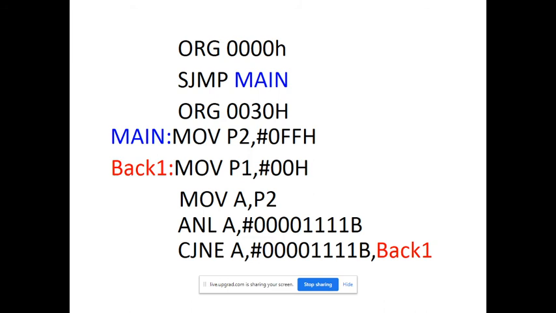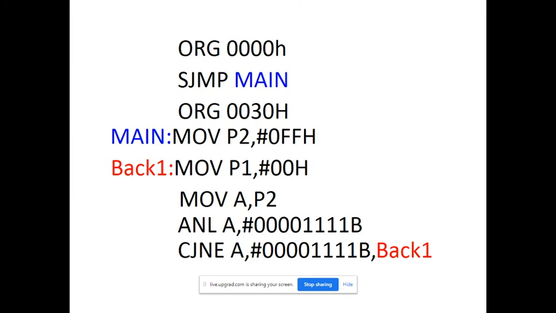I just make the connection as per this port number. According to that, P0 is connected to 7 segment. Means what is the direction of P0? Output port.